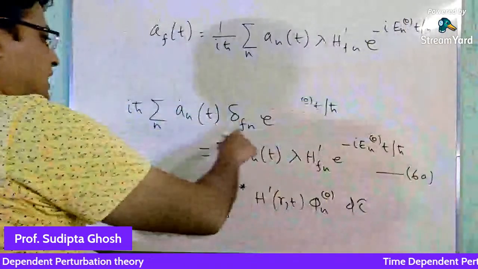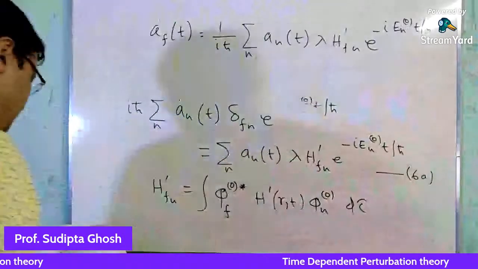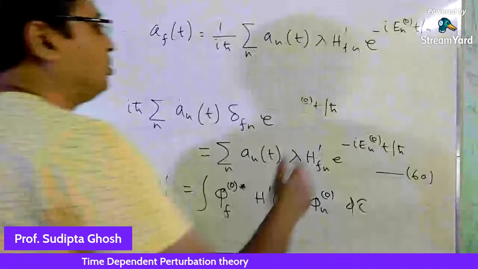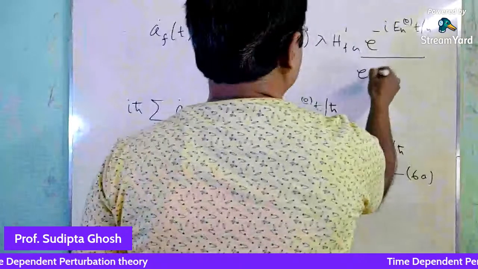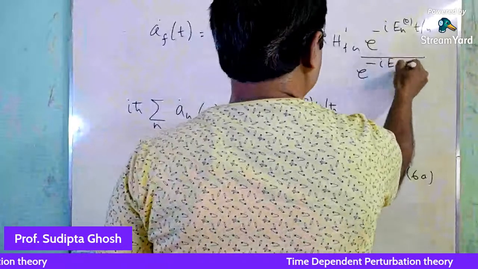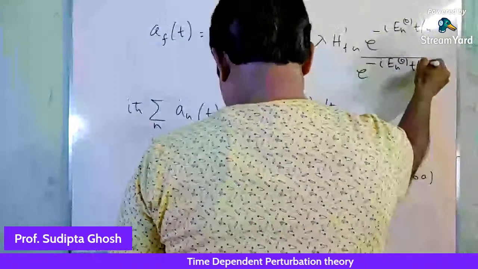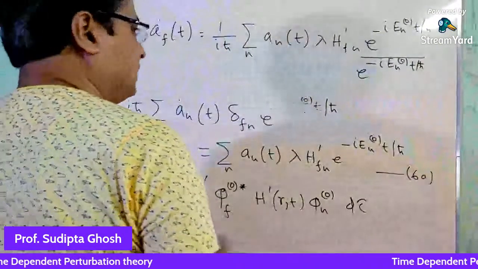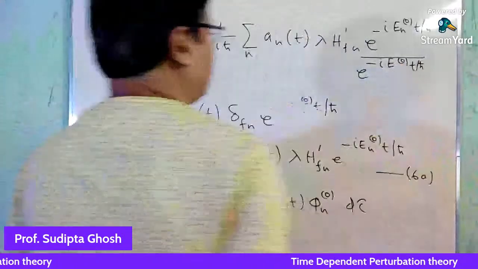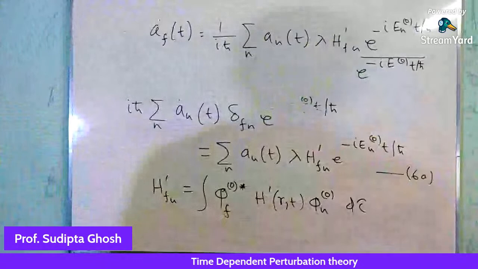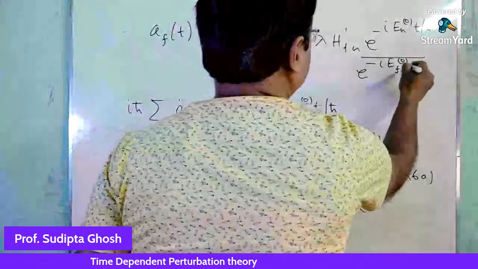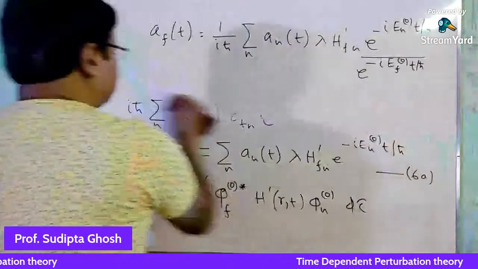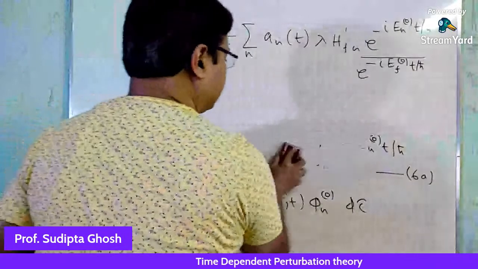And from the left hand side the term was e to the power minus i en0 t by h cut, so it will be here e to the power minus i en0 t by h cut, and then here, as we are putting the value of f equals to n, it will be ef0 t by h cut, and then after simplifying this,